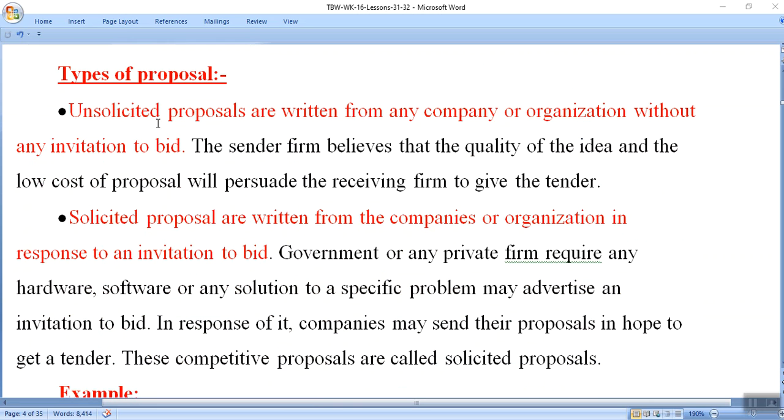Solicited and unsolicited proposals. Unsolicited proposals are written by any company or organization without any invitation to bid. Sometimes they are not involved, but they are asked: okay, we want to do this business, how much would you charge? For example, you want to